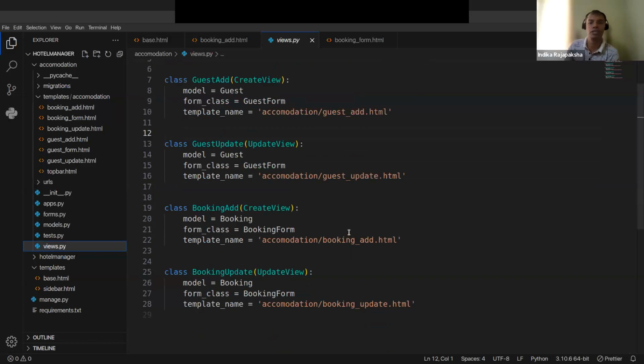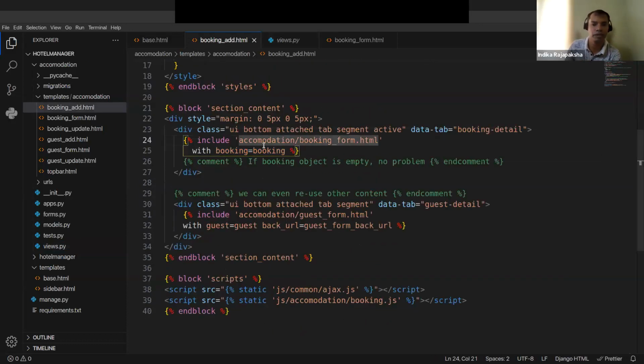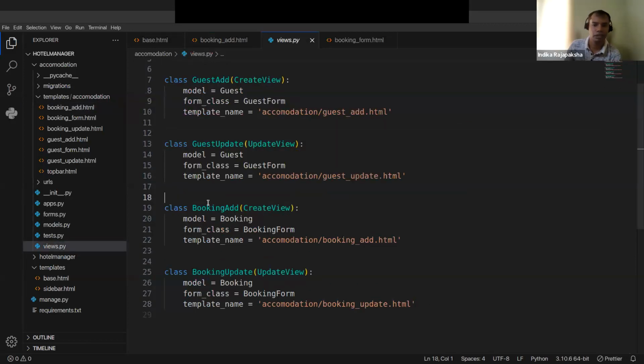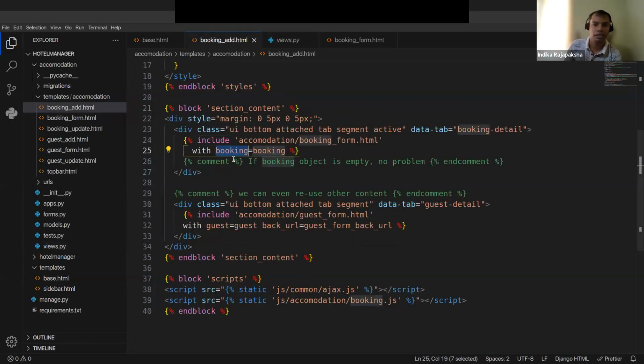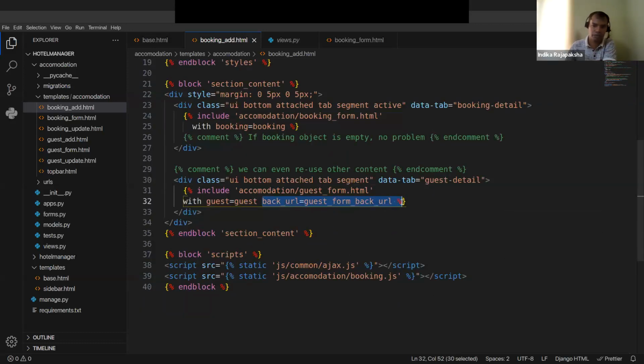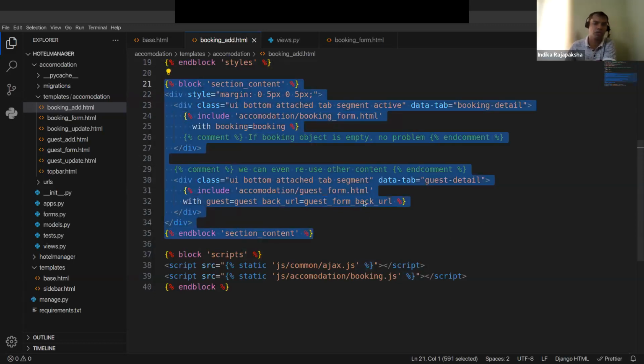If you follow the convention, you don't have to worry about that. You can always think, if you write booking, the record or the model instance will be named booking, right? Very simple. Similar to guest, since this is not rendering from the guest view, I have to bend the rules to get the guest object. But if you want to use a different name, you can do so. And also I define some URL. Don't worry about this one, because we are trying to understand how we can